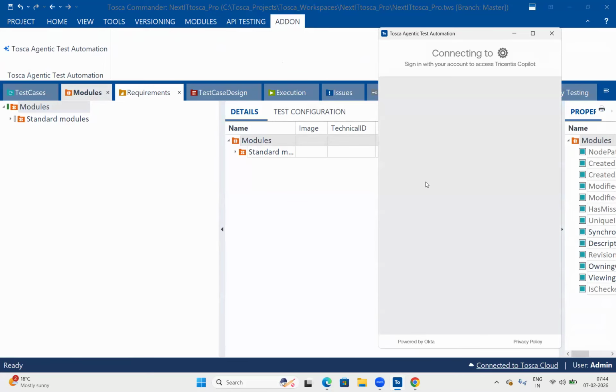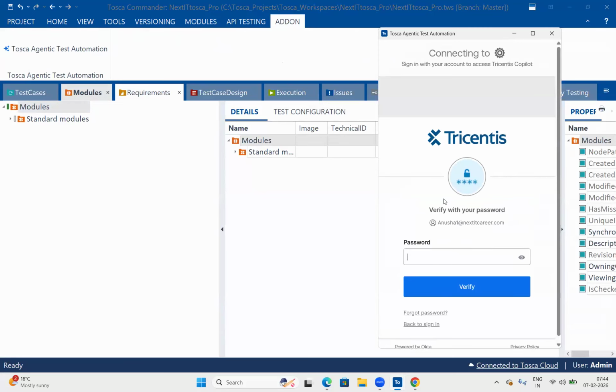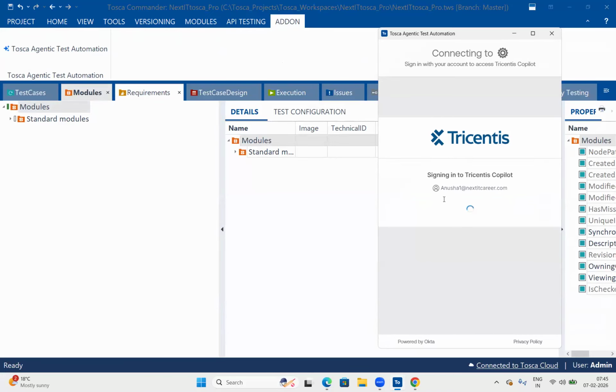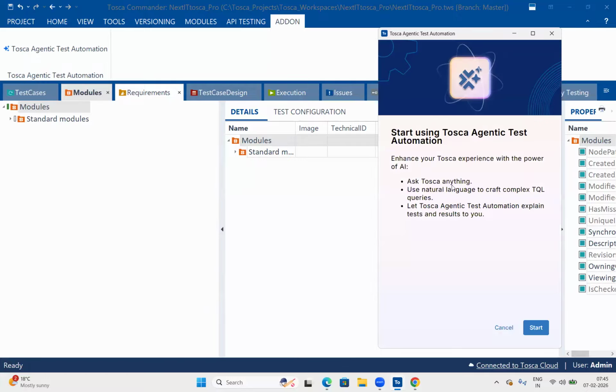So here it is, see that agentic AI, it is navigating to the, see here. Now the agentic AI test automation is enabled. See, to work with this agentic, Tosca Cloud is a very, very important thing, guys.